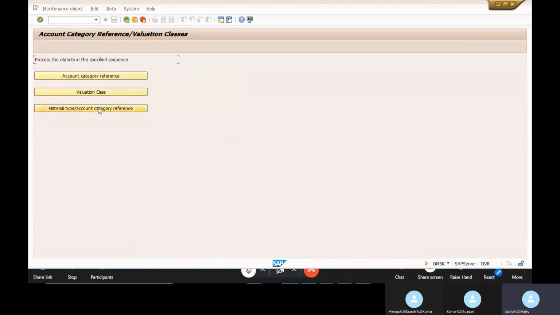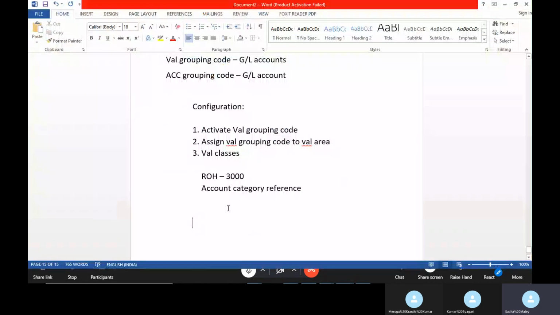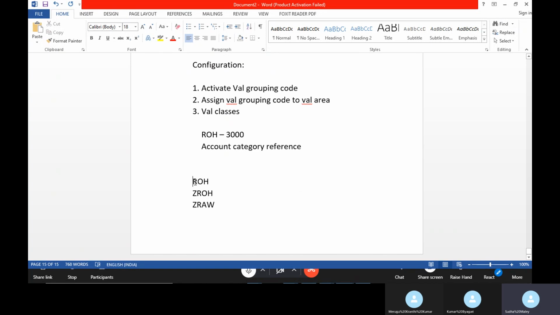For example, the ROH material type is there, ZROH material type is there, or else some ZRAW material type is there. For example, for these three material types you want the same GL accounts to trigger.